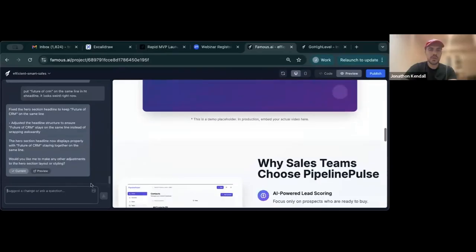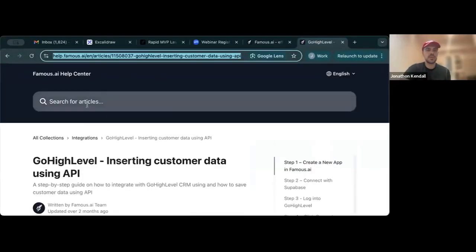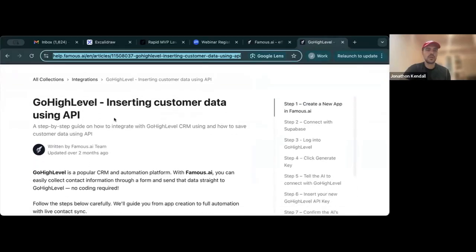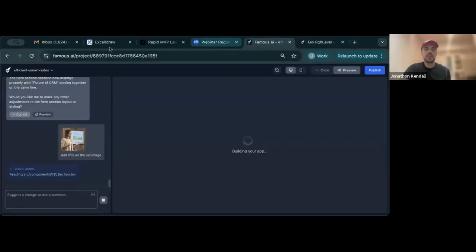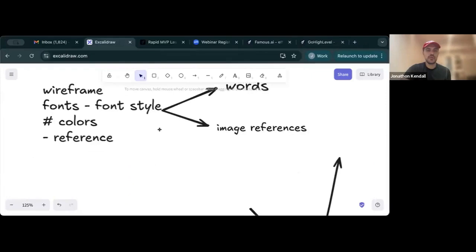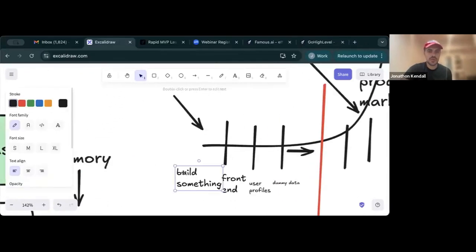Not bad, not bad. I'm gonna add a VSL image. This is the article for connecting to GHL. But you can use any CRM you want. But basically, the idea, guys, is think about this. You say, okay, let's build something. We build the front end.